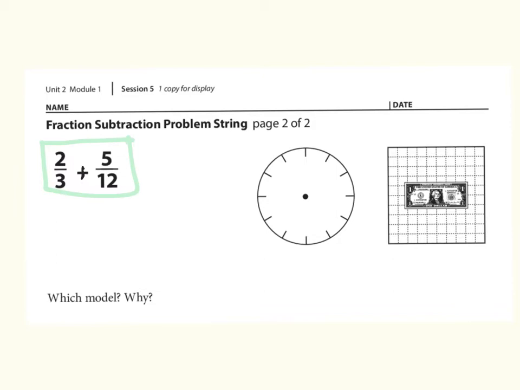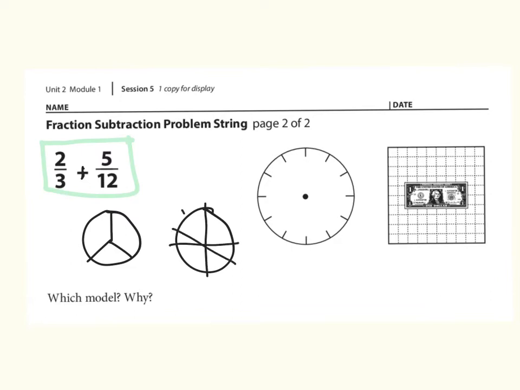Well, I would hope that we could think about all of our work with clocks so far and say that is a clock question, because I've got my thirds that I can draw, and then we've done so much now with these twelfths. So this is my answer of which model I want to use. I color in 2/3, I color in